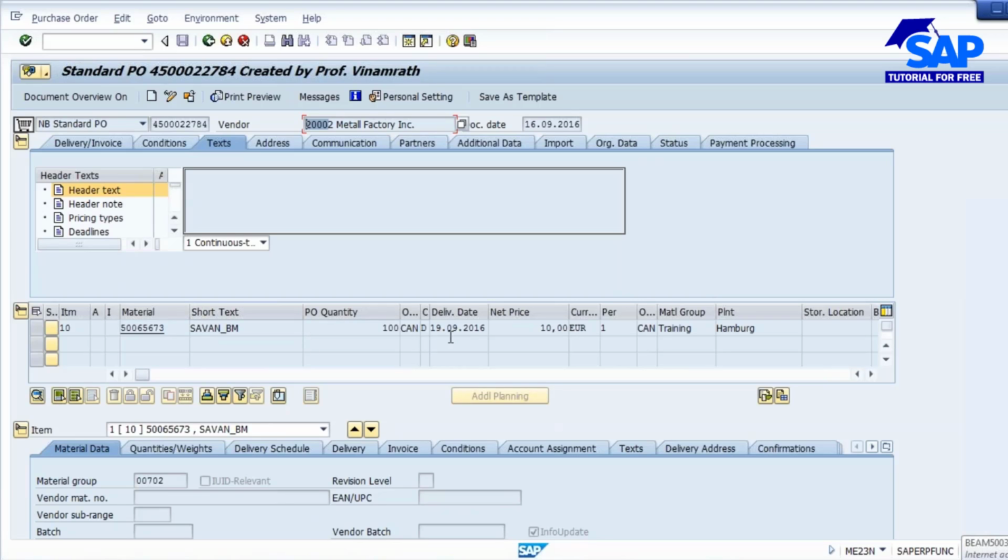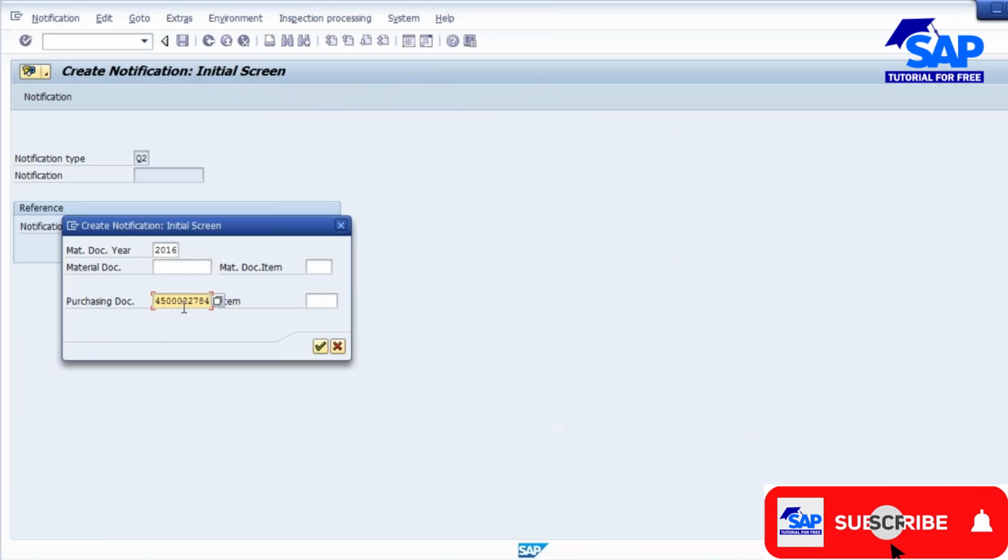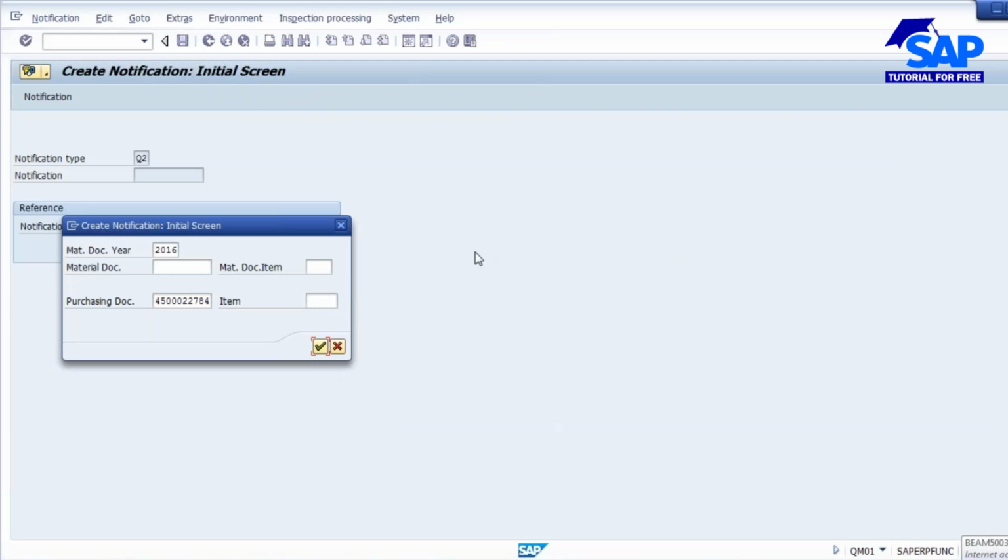From this vendor I received this material and I found some issue. So now I'm creating a notification. So that purchase order number I'm entering. Enter, just click on continue.